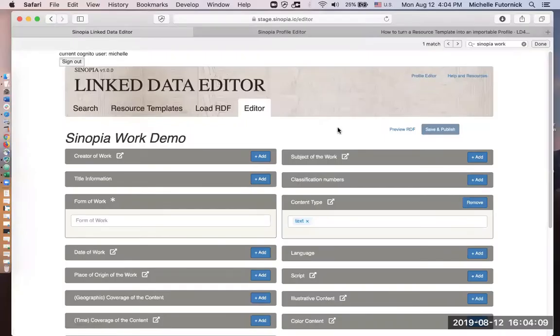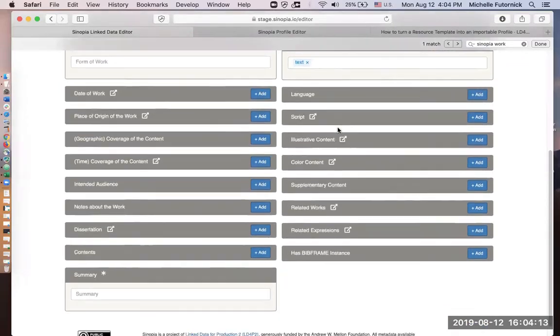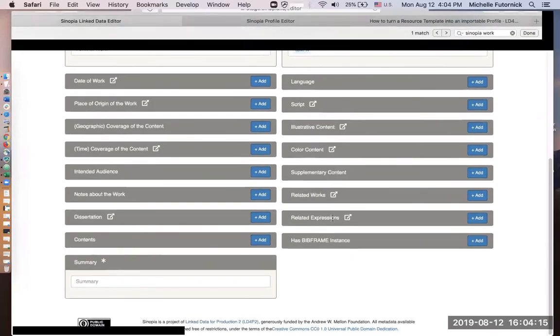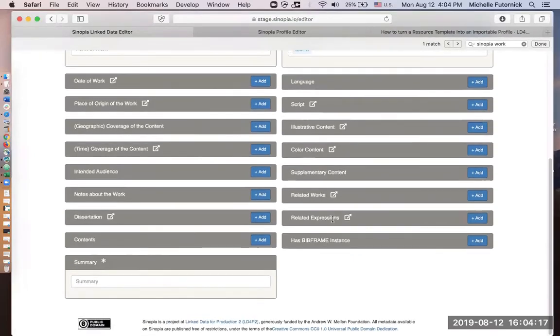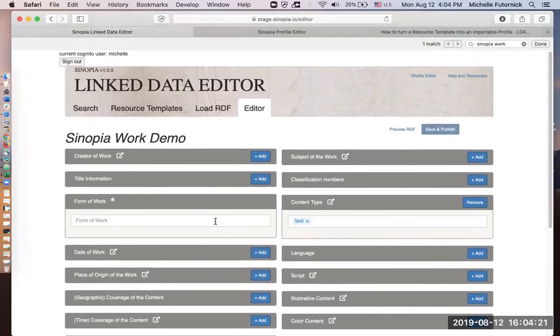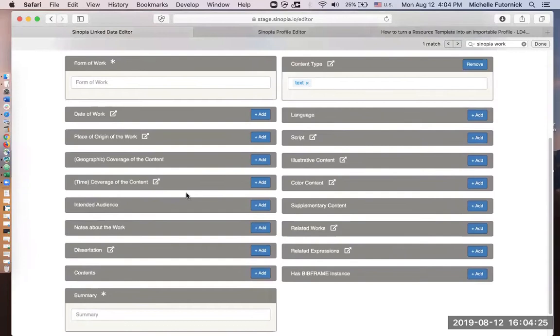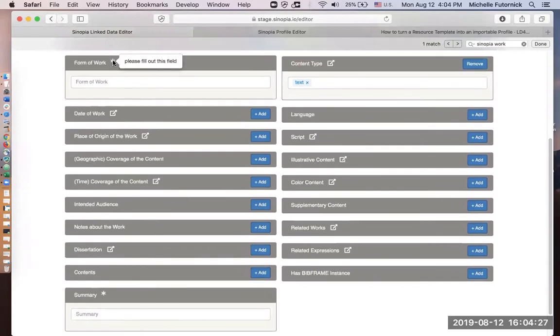So the first thing you'll notice is that almost all of the fields are collapsed for a clean look and easier way to navigate through long templates. But there are some fields that are expanded or open, and the reason for that is they're either required, as indicated by this asterisk here for form of work and summary, or they have a default value, like this content